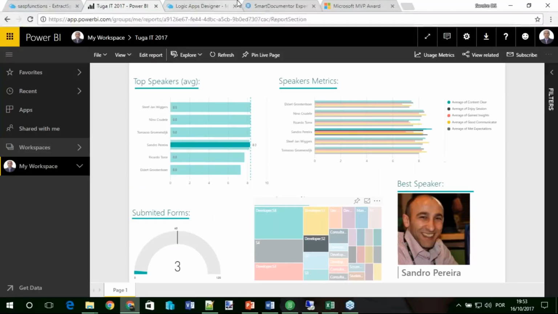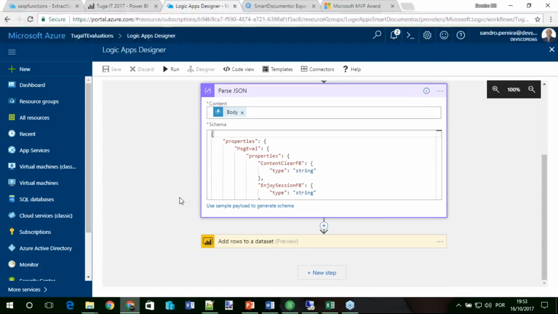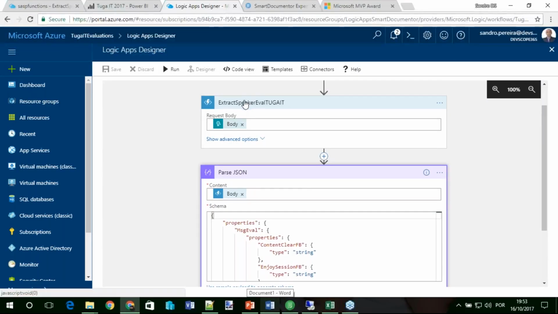The next step is Parse JSON. I added this step here to easily access the message that is provided by this function, the response. The response will be something like a JSON with a speaker name, speaker picture, and all of this.